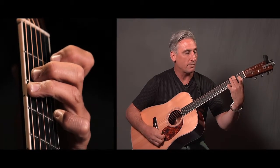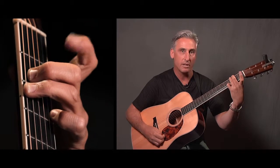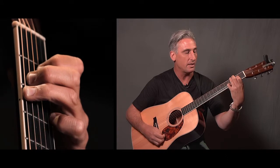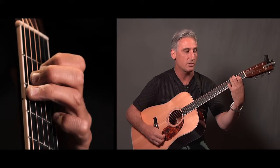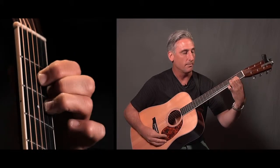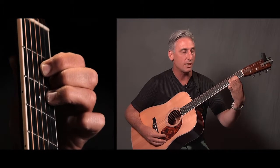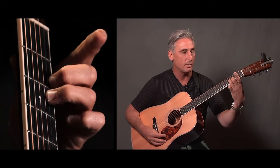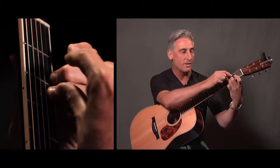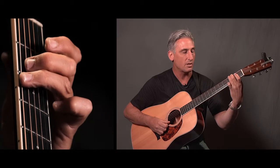Now we want to be able to go back to D from a G chord. So the trick is this finger is already hovering out here like this. We can actually just plant it where it's going to be on the D chord, which is the 3rd string 2nd fret. Keep these 2 guys frozen and just bring them across like this. Okay. In reverse, to go from a D to a G, we can actually move this one out of the way, lift it out of the way, not that high, but just to exaggerate the move, we're just lifting that one up slightly. We'll take these 2 guys, keep the same frozen position, take those across, put our pinky down,